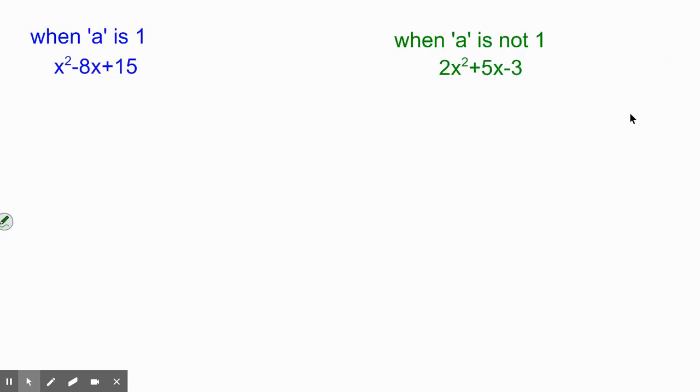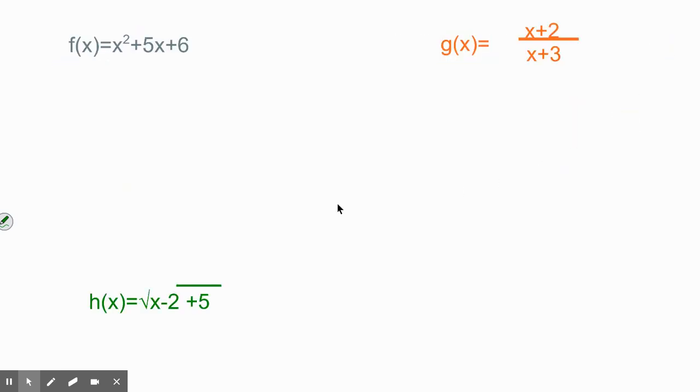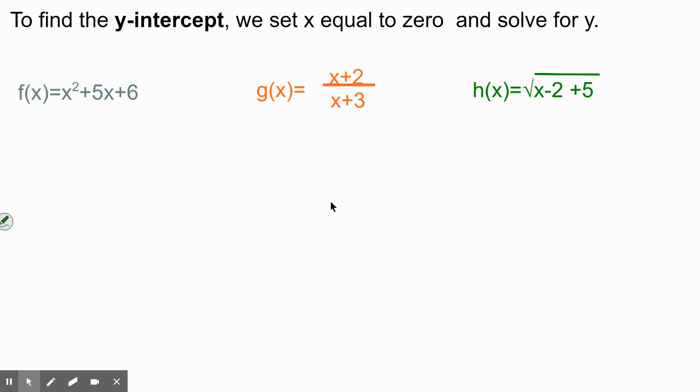Now let's continue on. Let's look at finding the y-intercept. So our y-intercept is the same thing. What we're going to do is we're going to set x equal to 0 and then work it out. So this one's a little bit easier in my opinion, and we're going to edit this again. We'll have it as